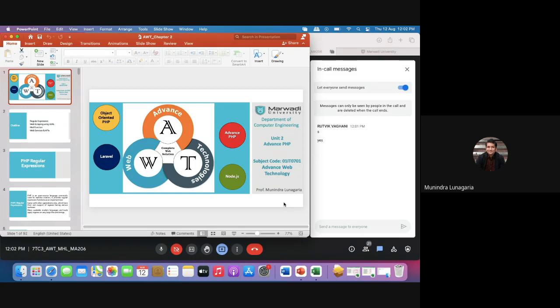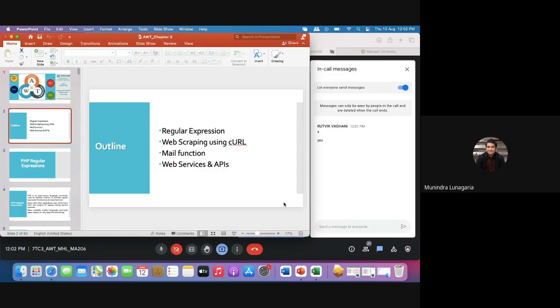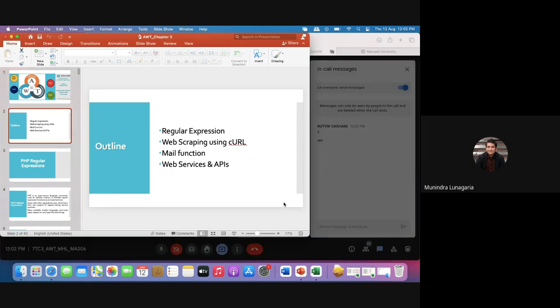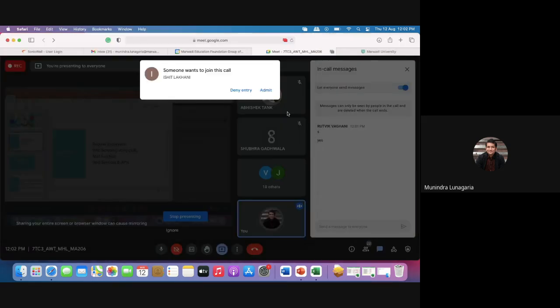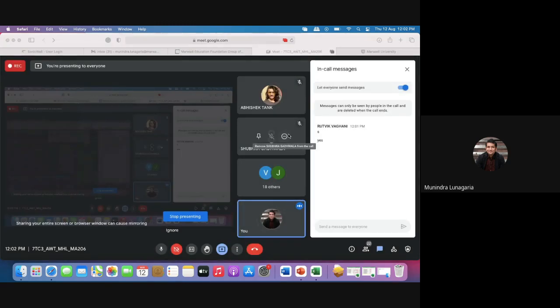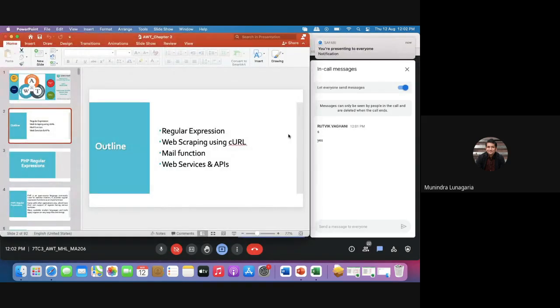Fine. So let's get started with unit number 2, Advanced PHP. That's the outline of unit number 2: regular expression, web scraping using curl, mail function, and web service and API.